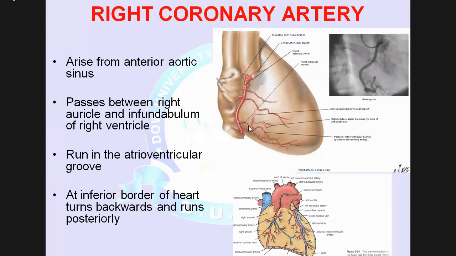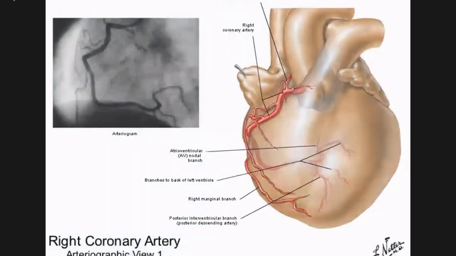It goes all the way backwards and runs posteriorly within the same groove. These are some of the branches of the right coronary artery. You can see the nodal branch, the AV nodal branch,